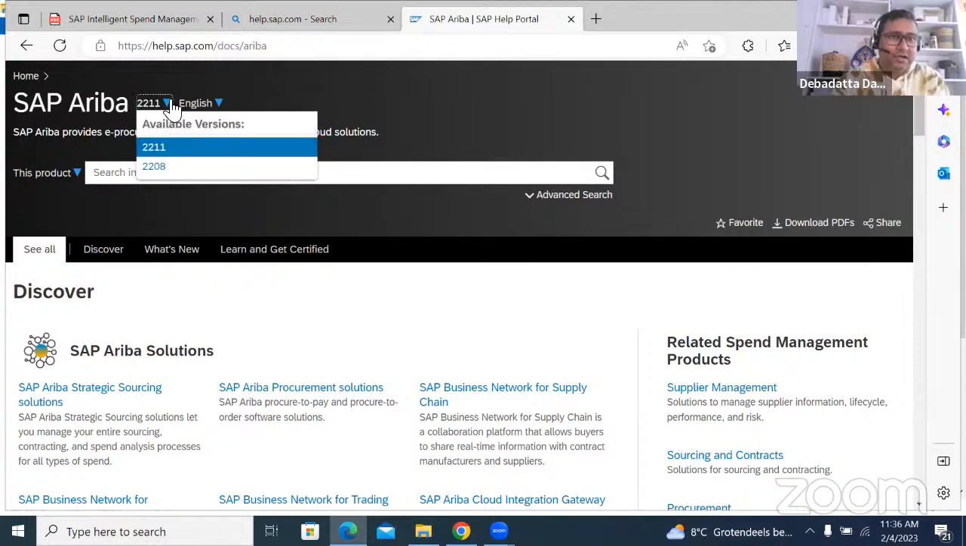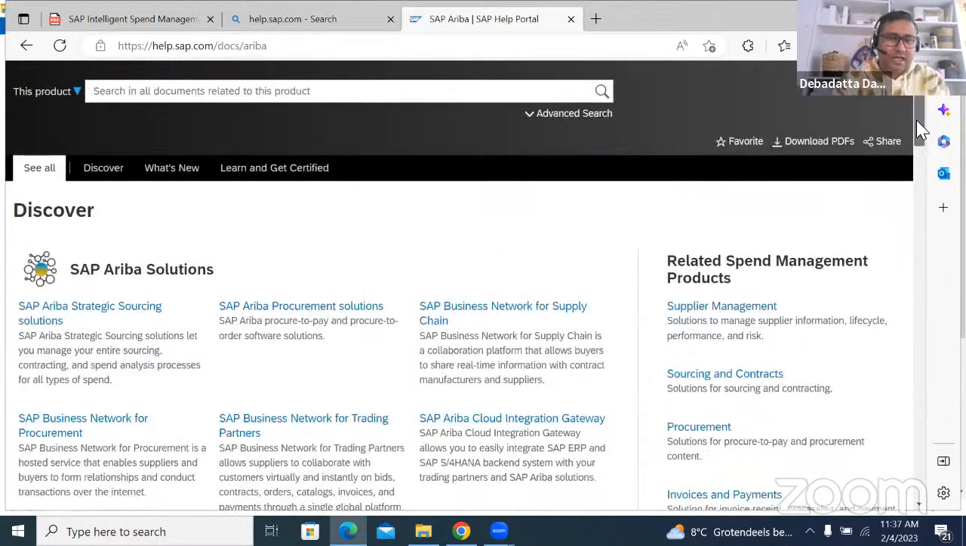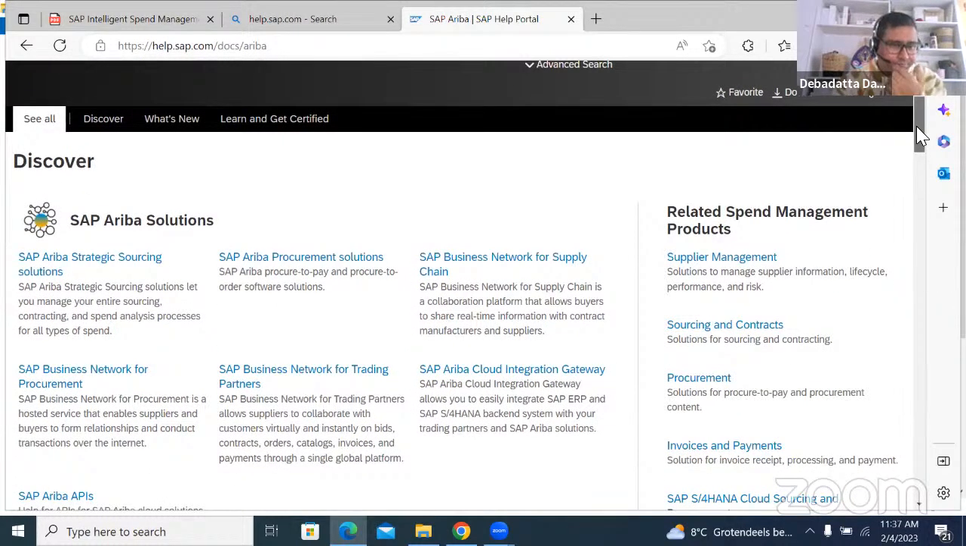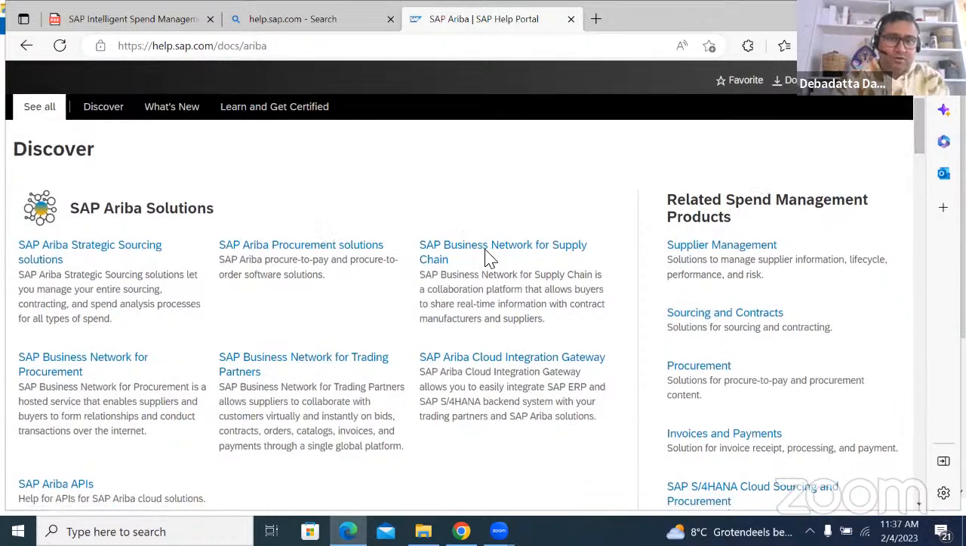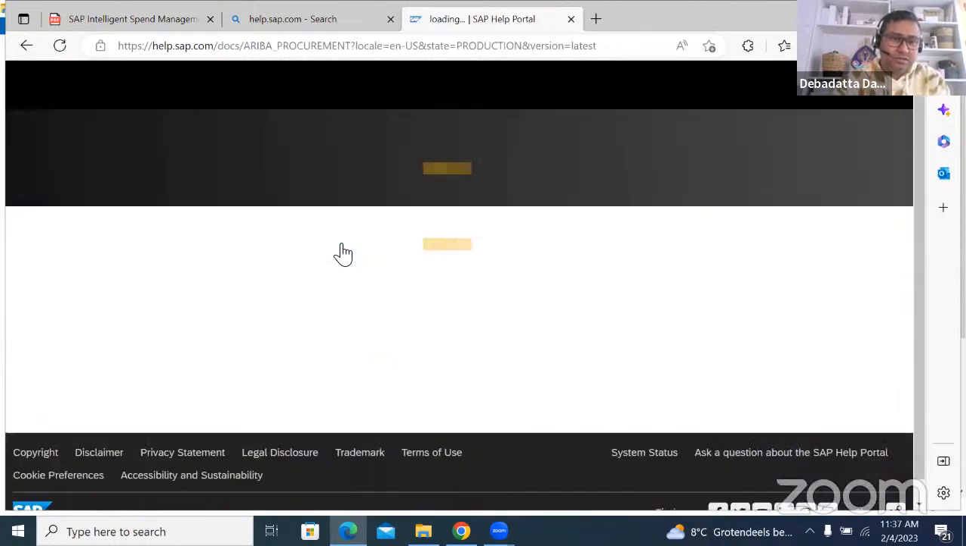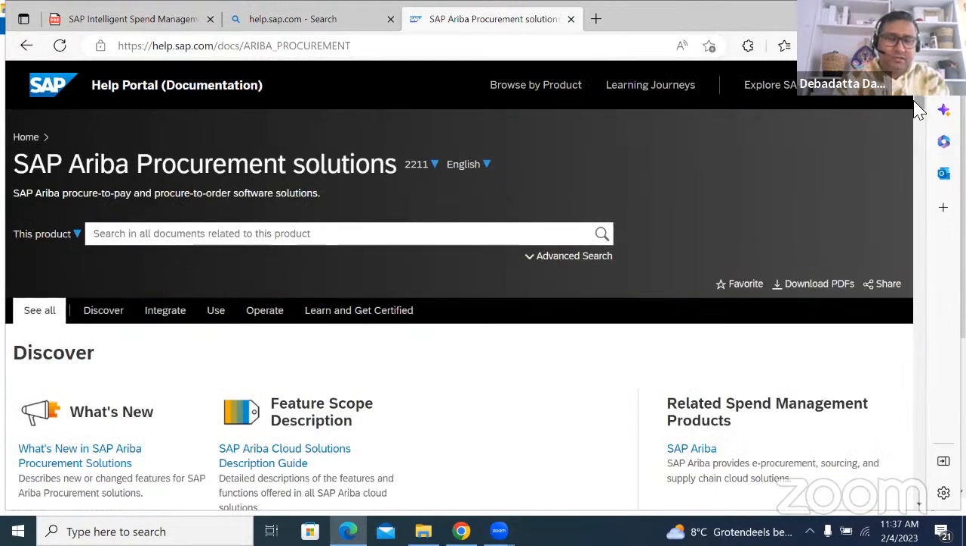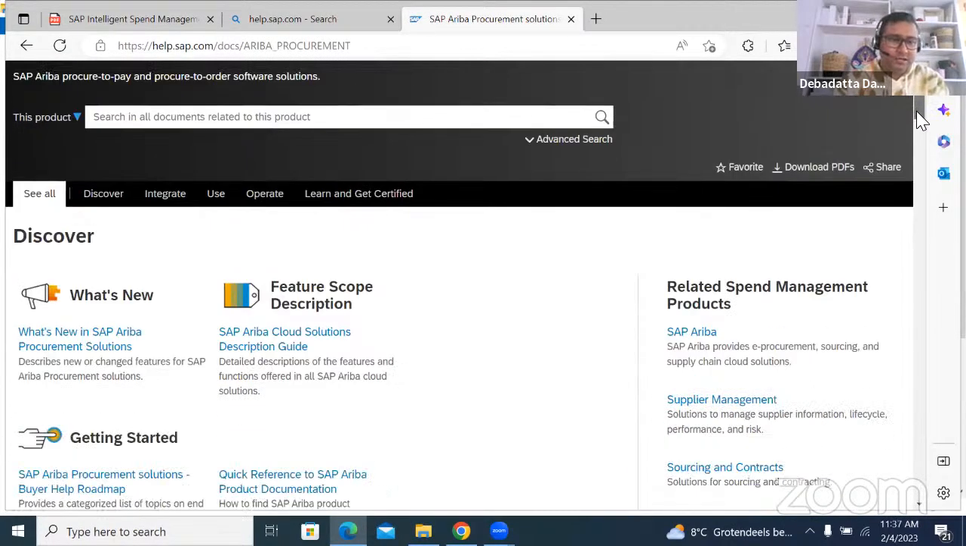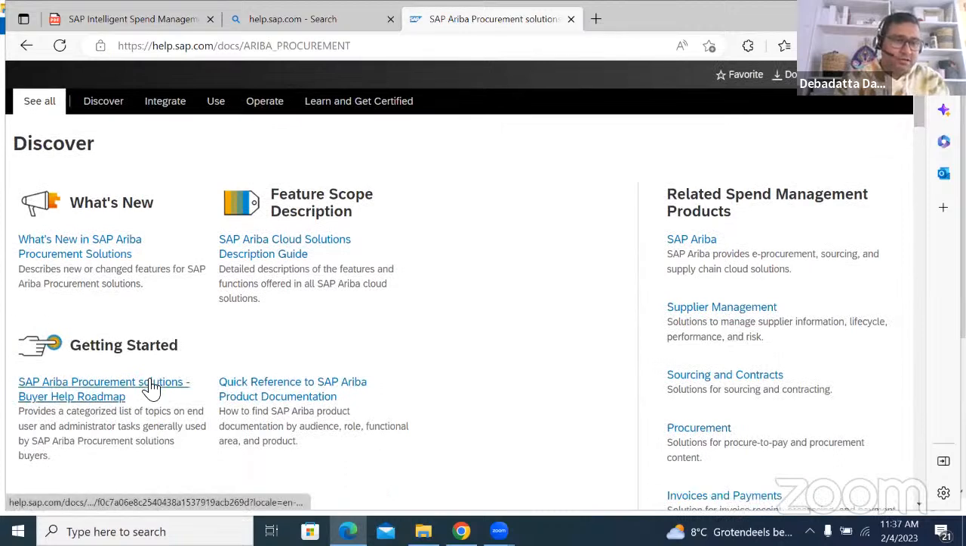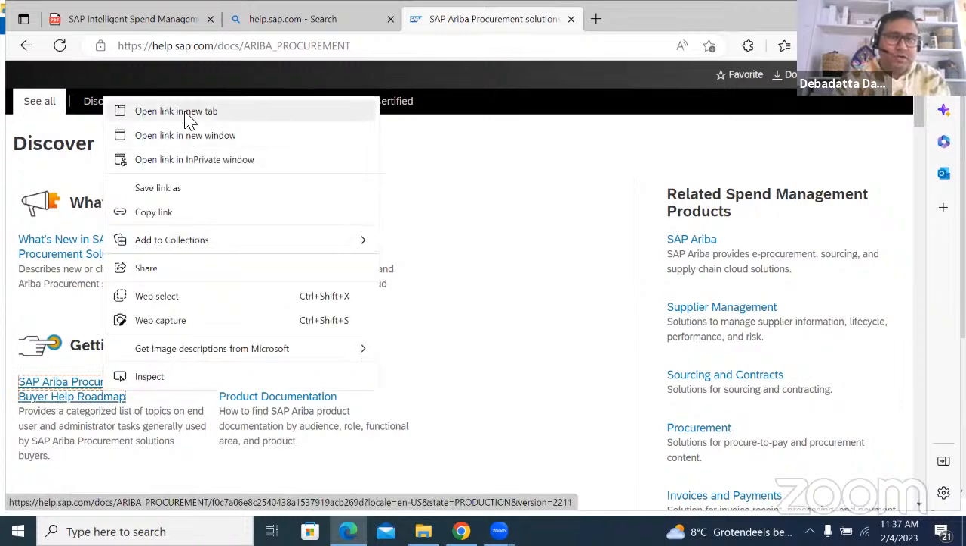So when you come back here, it would be 232302. That means February 2023. So you can see that this website is up to date with largely everything for beginners. For example, if I go inside SAP Ariba procurement solutions, procurement is the most sorted in this website, because if you click here, SAP Ariba procurement solutions buyer help roadmap, I'll just open it in a new tab,